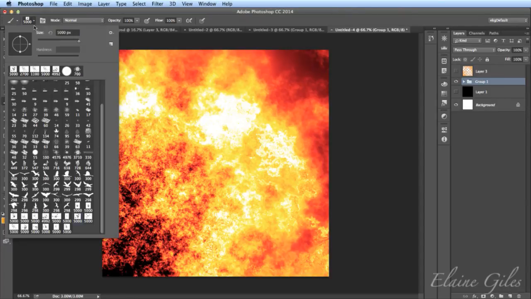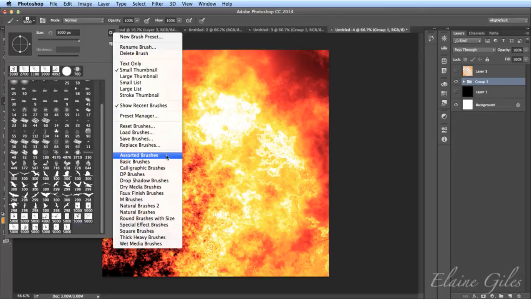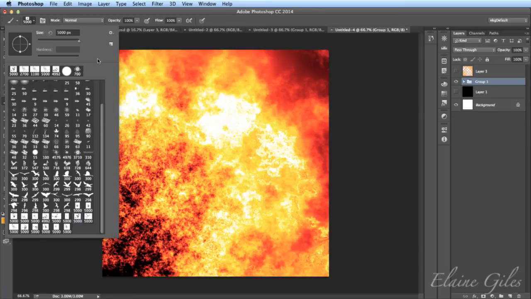Now, I've said that available from the brushes, you have, under the gear icon, these brushes that are in your Photoshop install. They're in your application support folder for Photoshop. You can load brushes from anywhere else using the load command. But let's say these brushes that I've got in here now are my favourite ever brushes, and I've got them installed here. Obviously, first thing I could do is to make a brush set of them. And I could carry them around on a pen drive, couldn't I? And I could install them on every machine I work on.